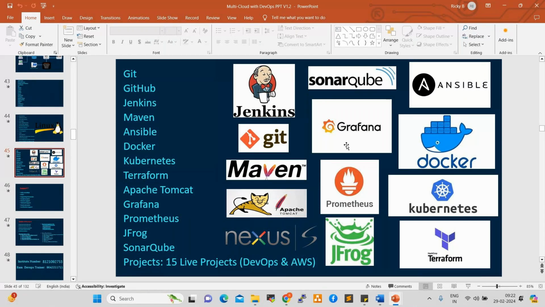Along with this, one cloud platform is required. Every organization currently is using at least two cloud platforms: either AWS and Azure, AWS and Google, or else Azure and Google. Why are they using two or three cloud platforms currently? They can use one platform also, right? Every organization you can check is using AWS and Azure, or AWS, Azure and Google Cloud, or AWS and Google Cloud, or Azure and Google Cloud. Why are they using multi-cloud?